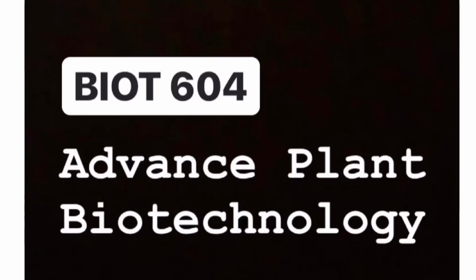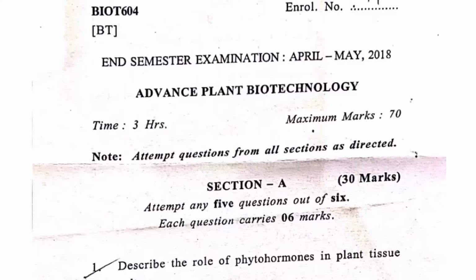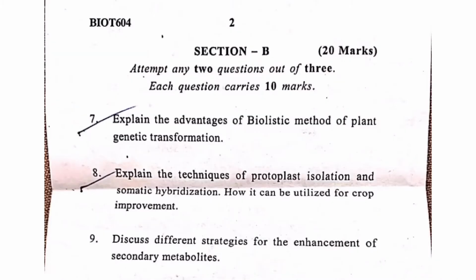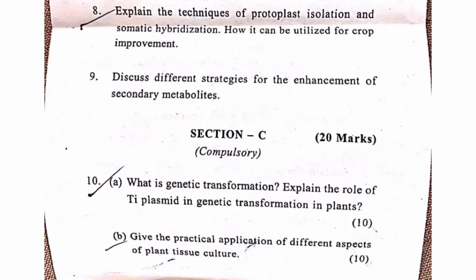Next question paper is of advanced biotechnology. There are various programs in Amity for biotechnology like masters, bachelors, and medical biotechnology and all. So we have the same syllabus, just match your course code and then go through these papers. I'll be mentioning each question paper and their course code in the description box as well, so that you can have a look whether your course code is present in the video or not.